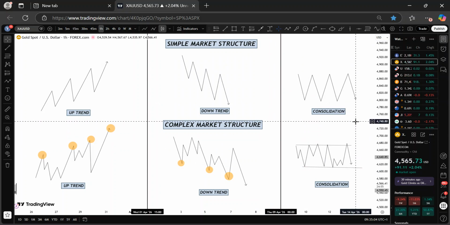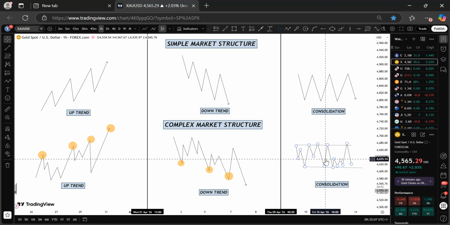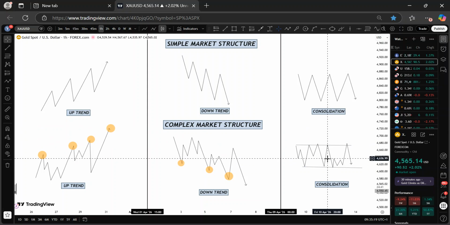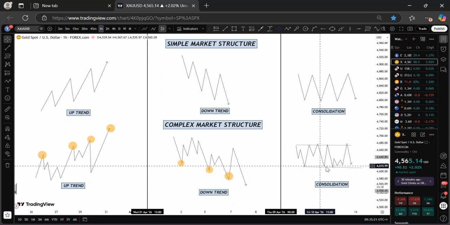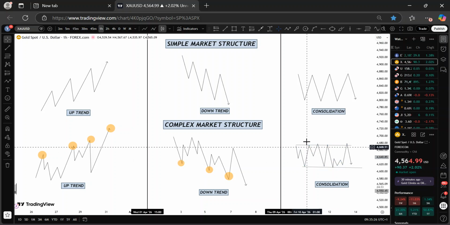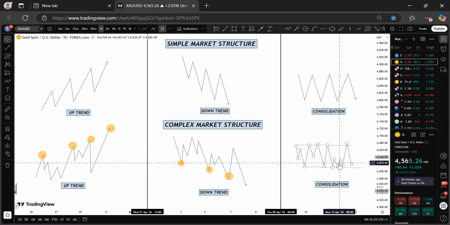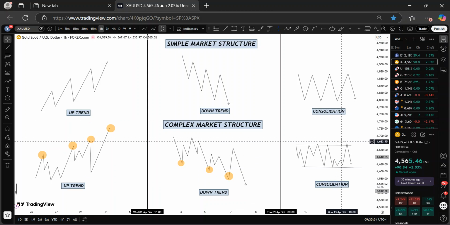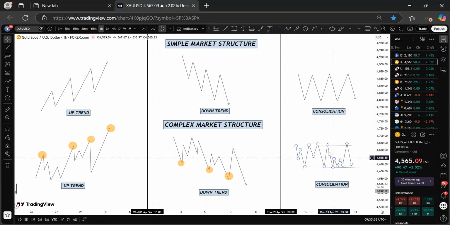We have equal highs, and this kind of market is the kind of market that traders are most advised not to venture into. Don't try to trade them except you've gotten to a particular level of mastery. Then you can start trading this depending on the time frame you find it. If you find this on 1 hour, it's tradable maybe on 5 minutes, 2 minutes, 1 minute. Okay, but this is not advised because there is usually a breakout either to the upside or to the downside, and you don't want to be caught on the wrong side of the market. Okay, so this is what a consolidation looks like in the complex market structure.